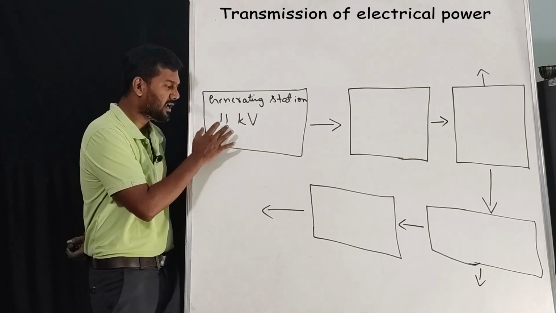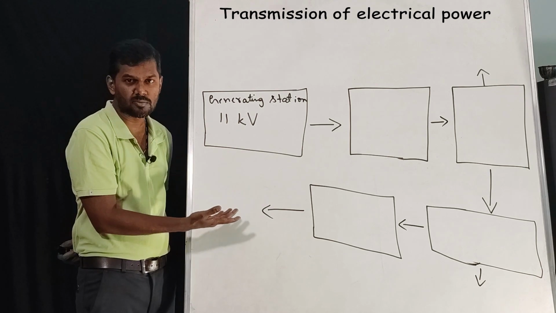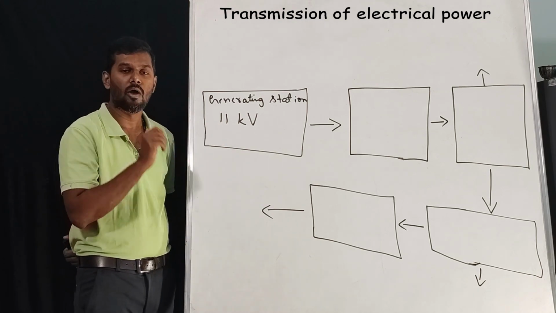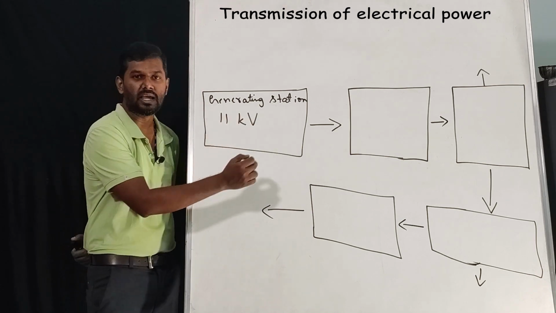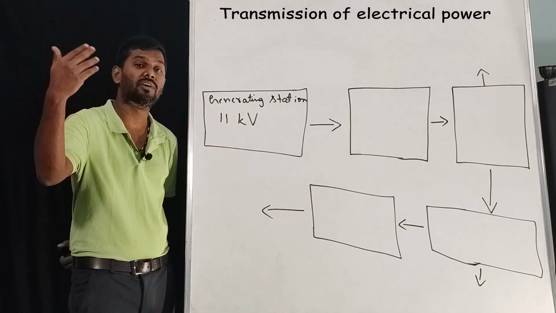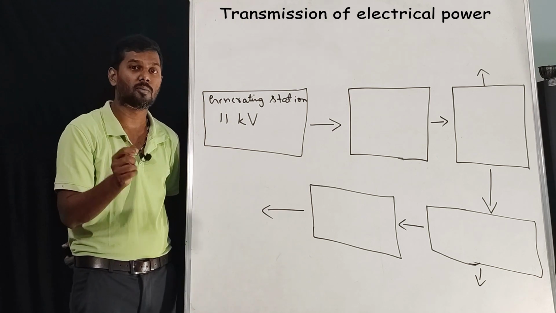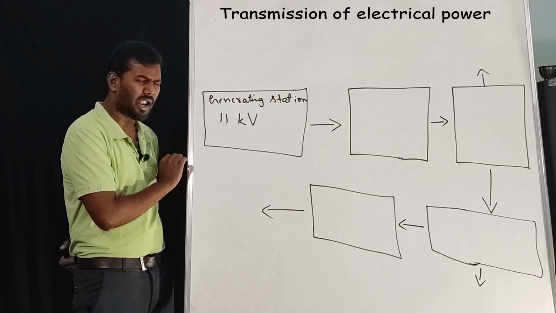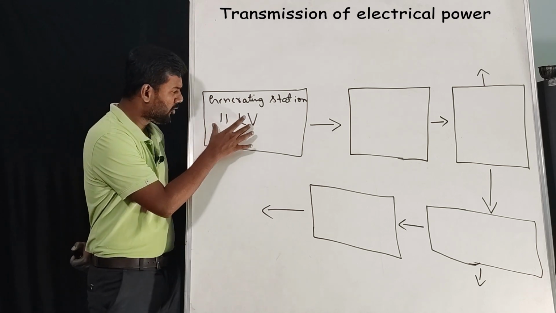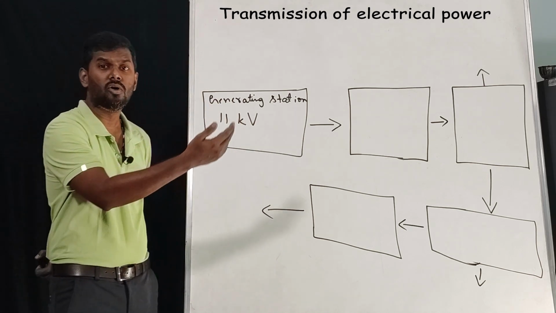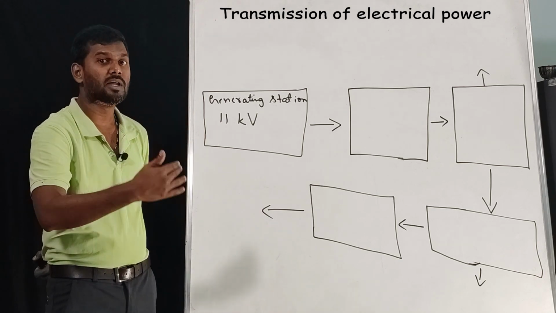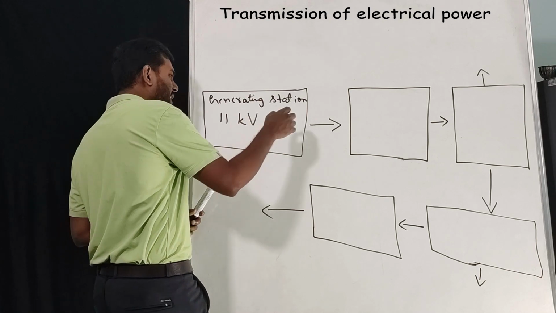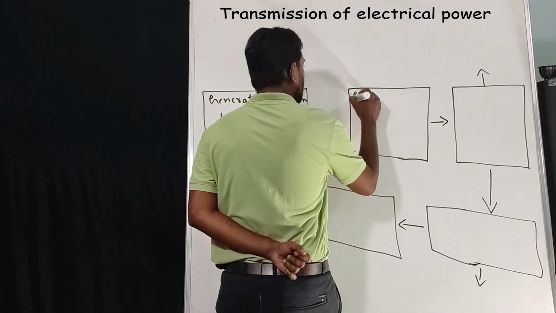First we need to understand, anyhow we require 33 kV maximum. Why do we have to generate only 11 kV? Because if we generate more than 11 kV, it will cause a problem of insulation. Now we are going to convert this 11 kV to 132 kV. Once this 11 kV is generated, it is transmitted to the grid